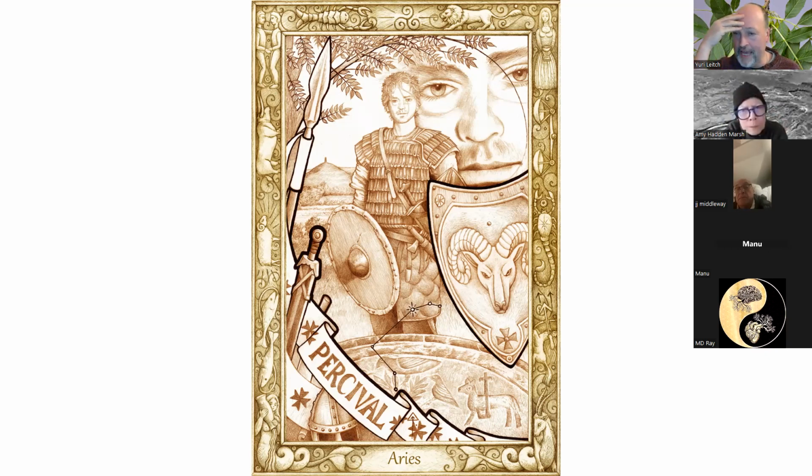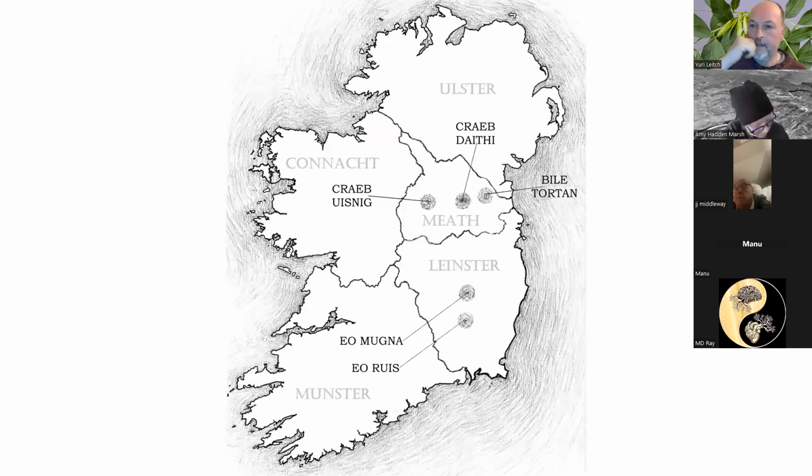So either way, there's this tree and a spear, all fitting this kind of equinox Easter time of year. It's an interesting motif. Now, it's not just Norse mythology that has the ash tree as the sacred world tree.